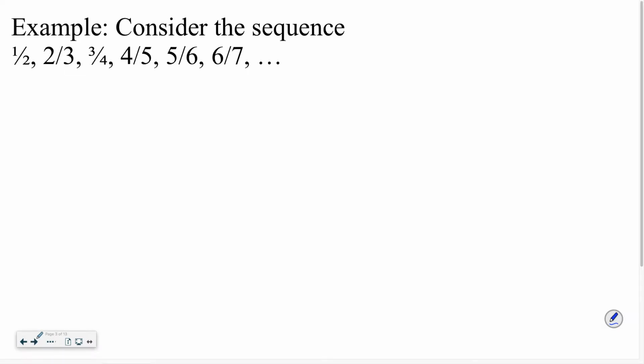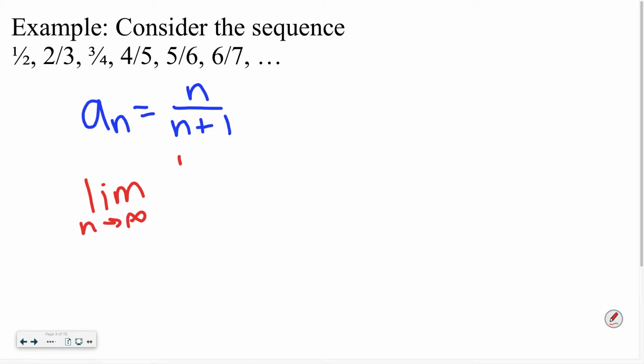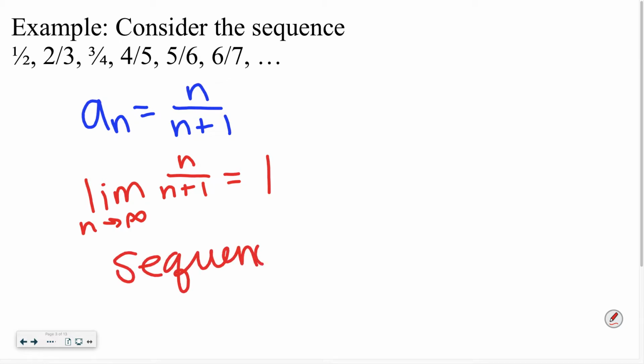So, this sequence that we talked about earlier, we decided it was n over n plus 1. So if we take the limit as n approaches infinity of said sequence, what do we get? Oh, you just plug it in, with a few extra steps. You can either think about L'Hopital's rule with infinity over infinity, or that our horizontal asymptote is at y equals 1. Either way, we get a limit of 1. And so what we can determine is that this sequence converges